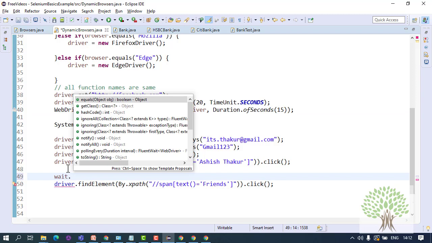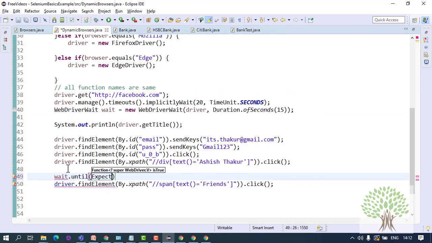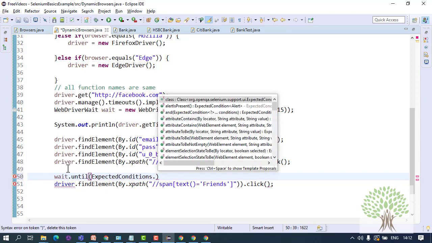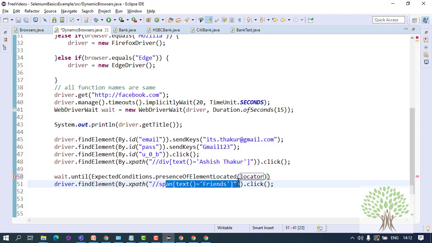So you can write wait.until(ExpectedConditions. and you can write over here presenceOfElementLocated by this particular XPath. That is, wait till this particular element is present.